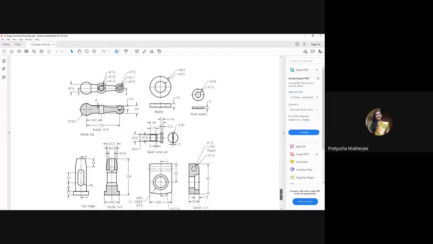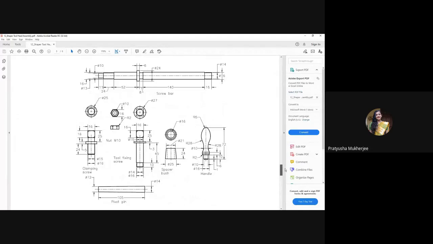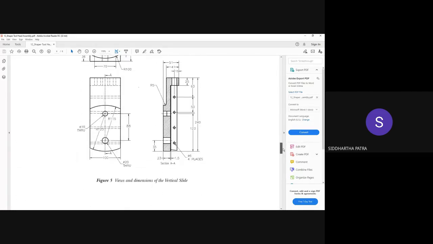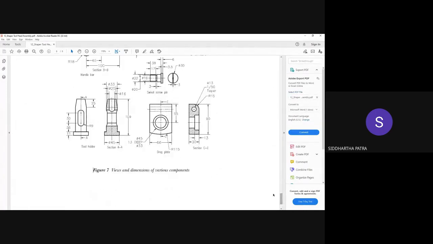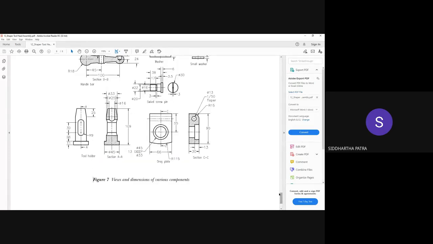But I'm still confused. Sorry, sir, if we do it in portrait mode, the assembly view has to be in portrait mode, but I'm confused between the side view and the top view, or should we instead choose side view and top view? Okay, you can just draw the front view and the top view, that should be fine. Front view and top view is fine.